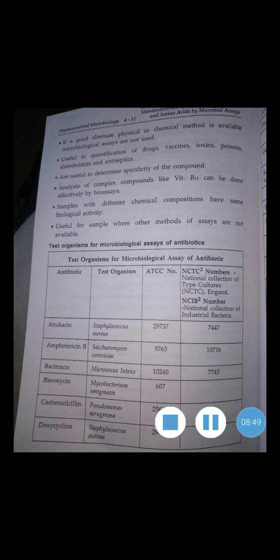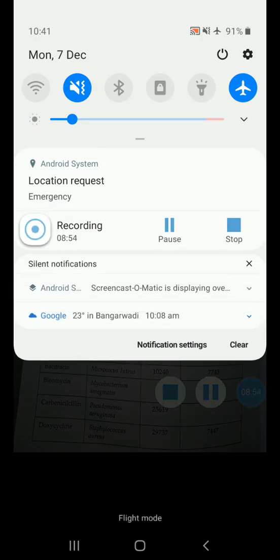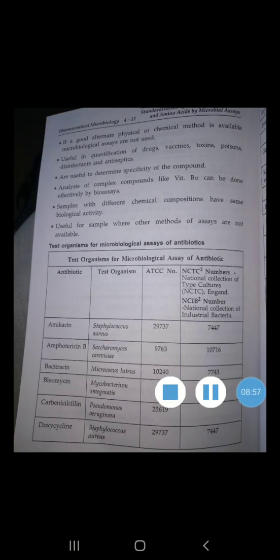And then the medium control is an uninoculated culture control. All the tubes are placed in an incubator at the specified temperature depending upon the test organism